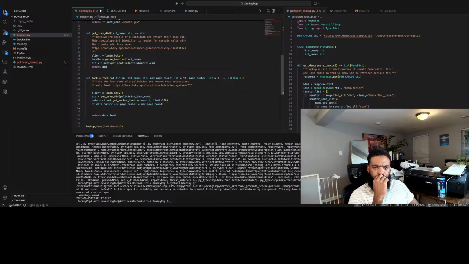Cool. Let's see, page number plus equals 1.